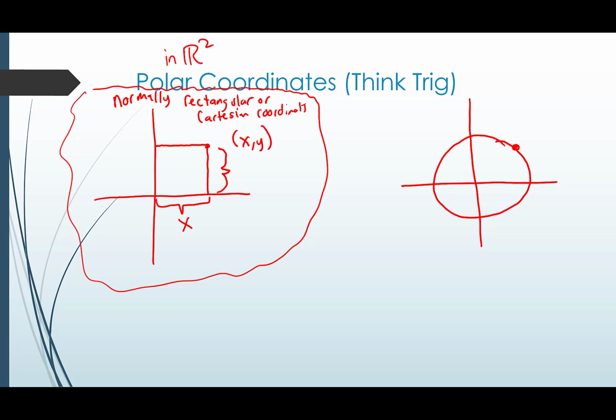So instead of expressing it in terms of how far you are along the x-axis and y-axis, we think about it as, well, what would the radius of this circle be? We'll call that r. And then what would be the angle here between the x-axis and our terminal point, our terminal vector here. We'll call this theta. So we think about this point as lying on the circle of radius r that makes an angle with the positive x-axis theta.